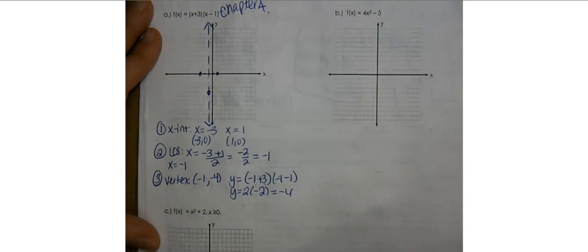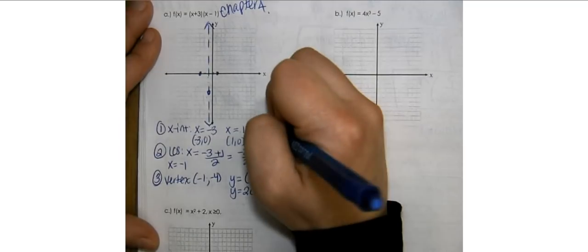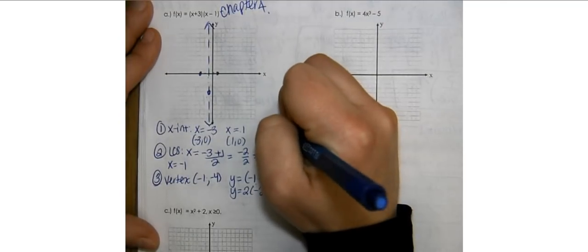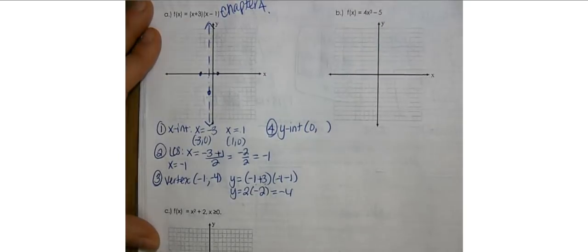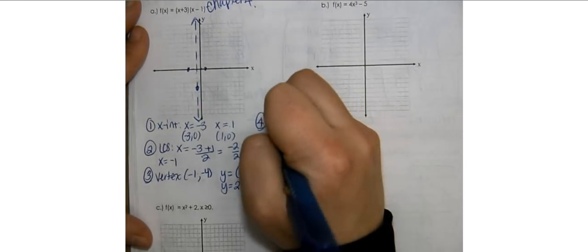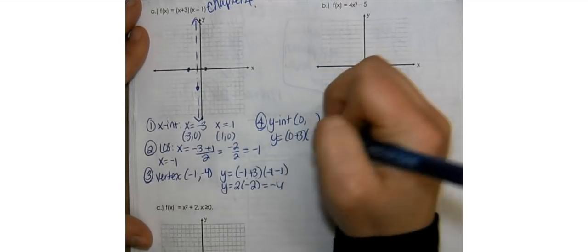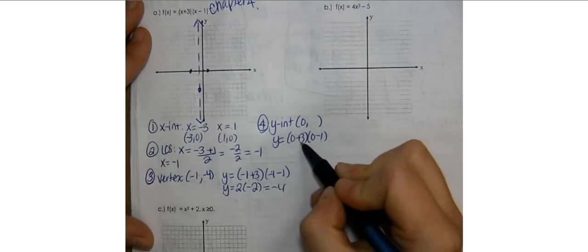Next, I'm going to go ahead and identify my y-intercept. My y-intercept is located when x is equal to 0. I'll find what y is. So I'm going to write y is equal to 0 plus 3 times 0 minus 1. So that's 3 times -1, which is -3. So at (0, -3),